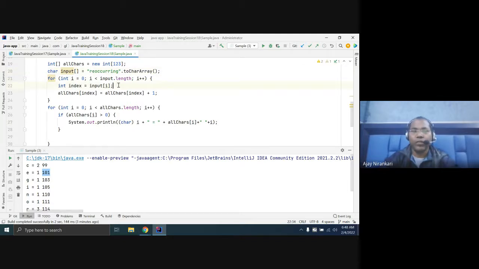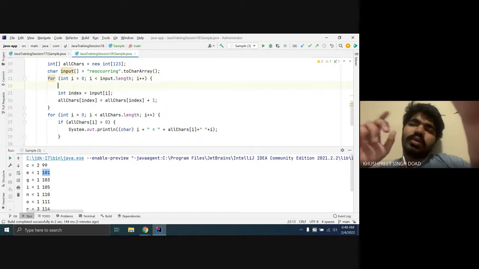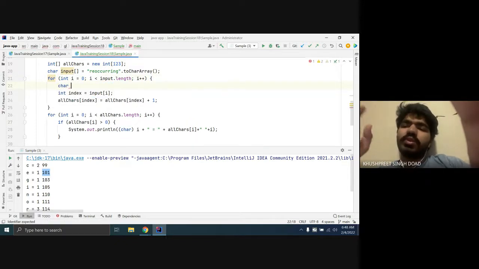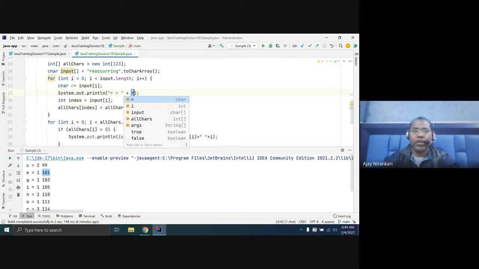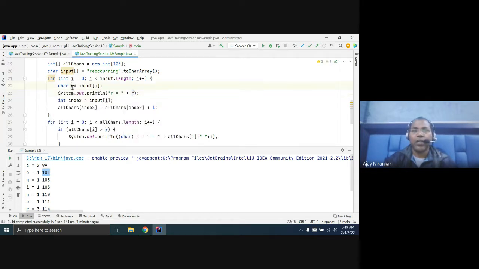If you don't write int in brackets in front, this will give you one character, but I don't need a character, I need an ASCII value. Let me print it. If I print this, R always gives one character, two characters, three characters.